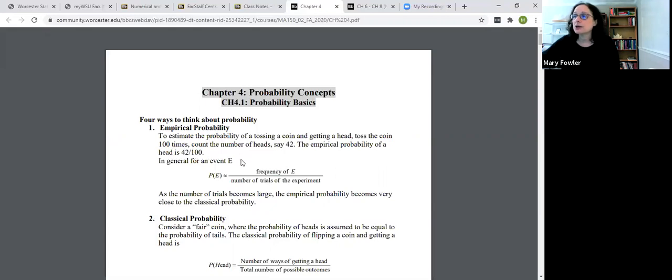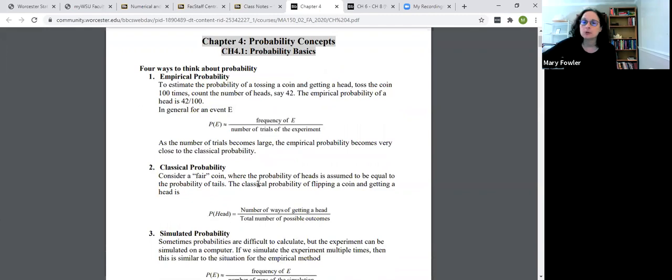Okay, so in general, we'll repeat the experiment many times. And so we have this denominator, the number of trials of the experiment. And then we want to count up the number of times a particular thing or an event has occurred. We'll go through some definitions a little bit too. So empirical probability is sort of tied to a repeated experiment.